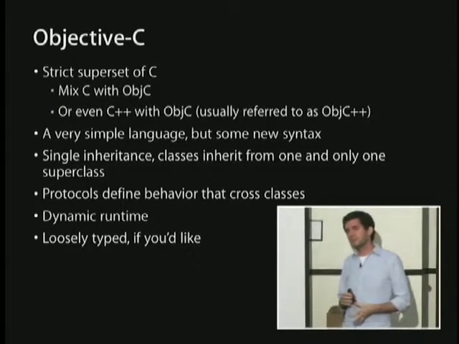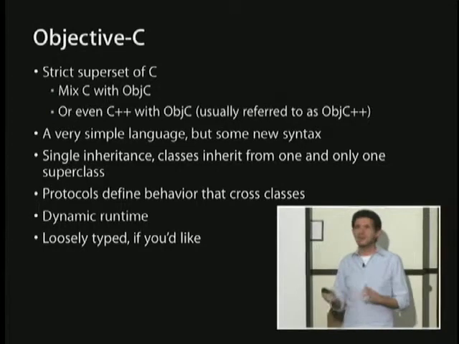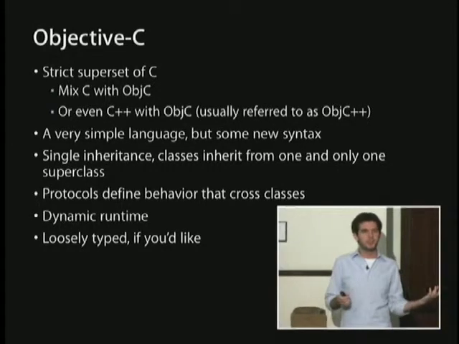Objective-C is also loosely typed if you want. Kind of going back to what I just said about having an object that you don't necessarily know its type about, there's a new type that Objective-C introduces called an ID, which is basically a reference to an object, and the type of that object is undefined. As far as the compiler is concerned, that object implements every single method that any object that it knows about could possibly implement. So if you go to send a message to an object typed ID, the compiler will happily let you do it because it has no idea what specific type of object that is. It doesn't really matter because it's going to get figured out at runtime anyway.